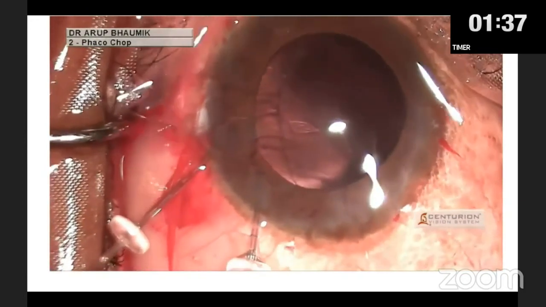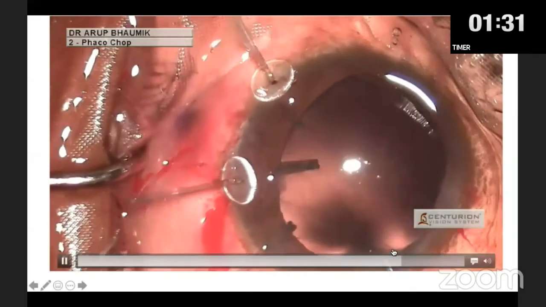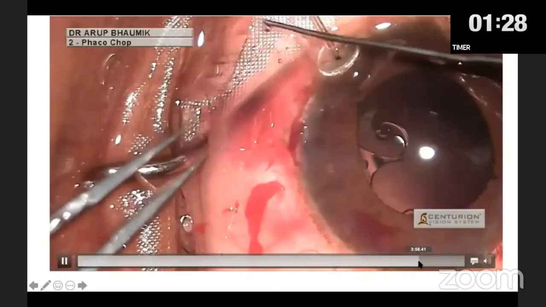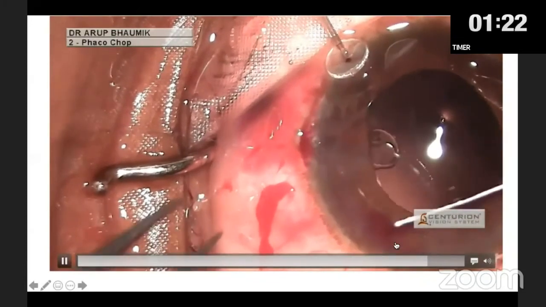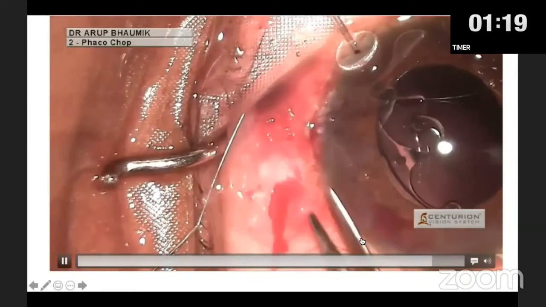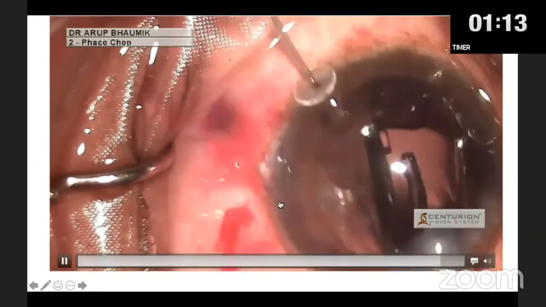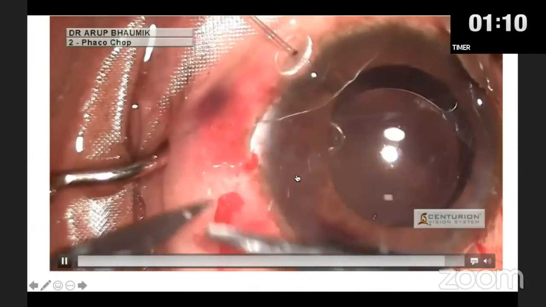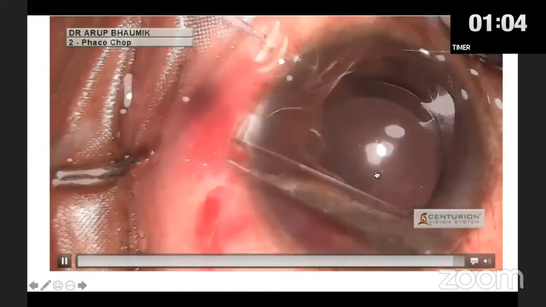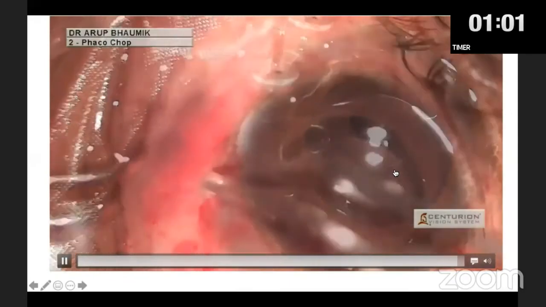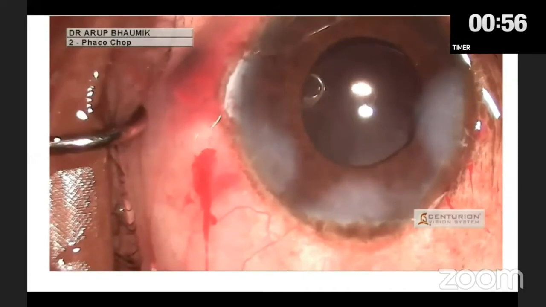Now I am making two loops, and now I am putting the CTR. Now I'm putting the Cioni segment. Now just bring the loop out of the scleral pocket, and now I am implanting the IOL. I am not tightening the suture now. I am implanting the IOL, and then I tighten the suture so that I can center the IOL perfectly. Because if you tighten the suture first before implanting the IOL, there can be slight decentration of the IOL. So I am implanting the IOL, and after that I suture.